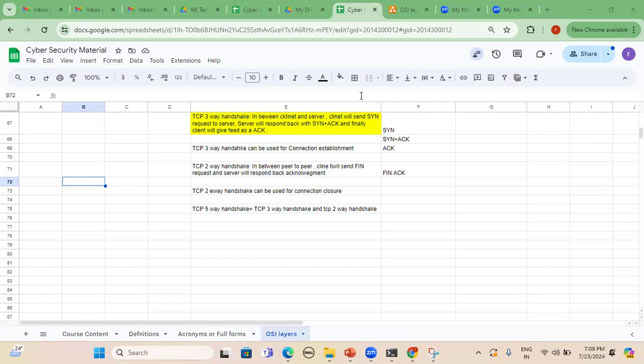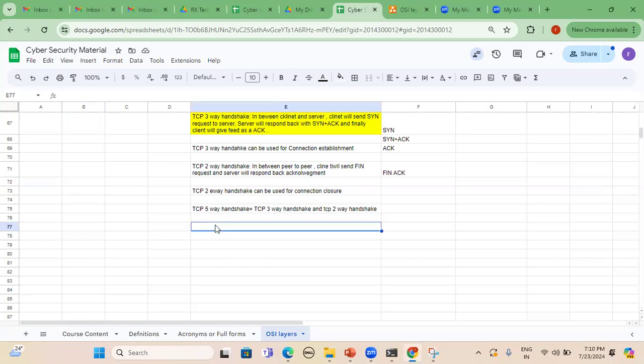And today one more topic is pending. It is part of the transport layer. What are the two different protocols that fall under the transport layer? One is TCP and the second one is UDP. TCP's full form is Transmission Control Protocol, and UDP's full form is User Datagram Protocol. Now we can see the difference between these two, where we can use TCP and where we can use UDP. That is the agenda for the transport layer, TCP versus UDP. Once it is complete, I will go to the network layer.